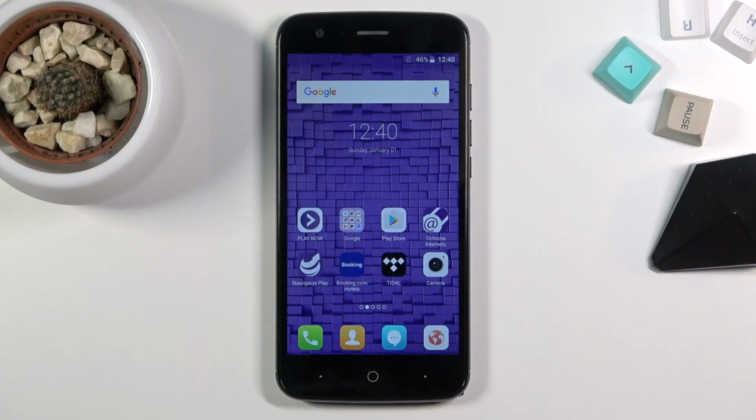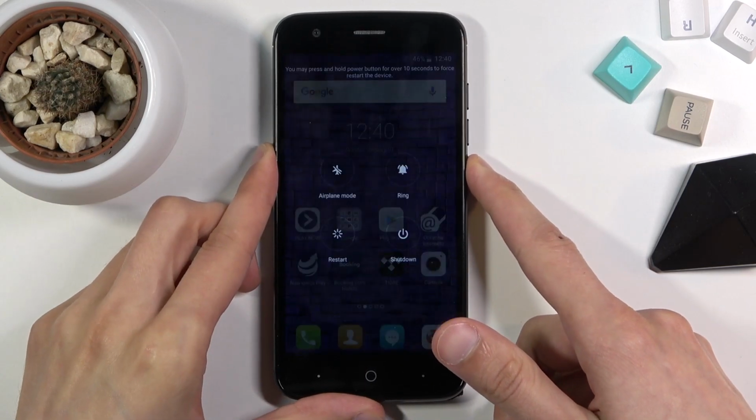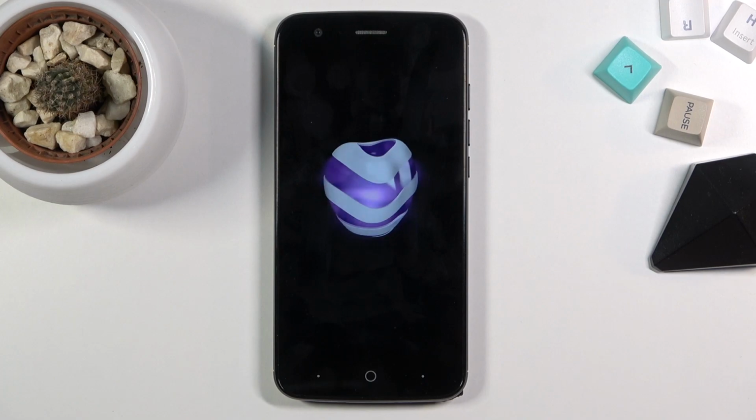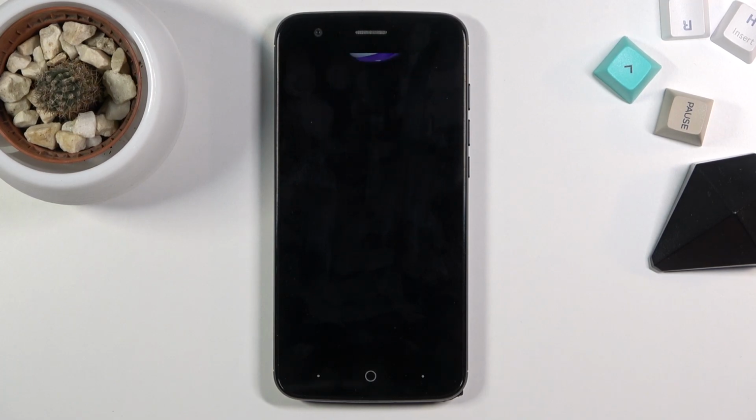Welcome, in front of me is a ZTE Blade V8 Lite, and today I'll show you how to wipe cache partition on this phone. So to get started, you'll want to power off the device and wait for the device to turn off, which will be indicated by the phone's vibration, at which point you